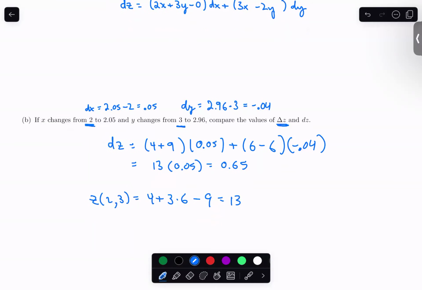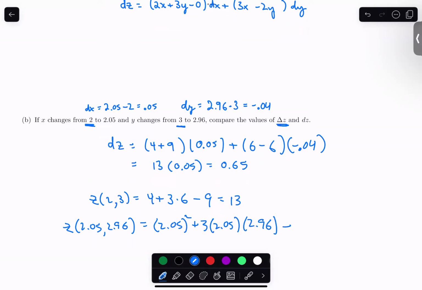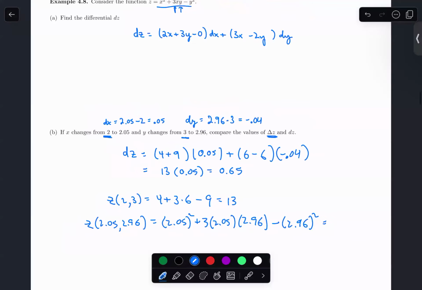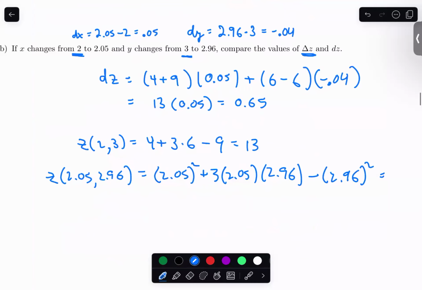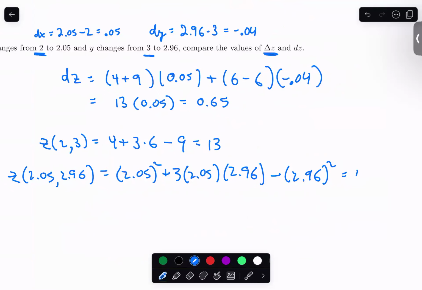Now let's see if I was to plug in 2.05, comma 2.96, and this one we really need a calculator for. So I'm going to take my x value and square it. I'm going to add on 3 times x times y. And then I'm going to subtract away y squared, 2.96 squared. See if I copy that all down correctly. That looks good. So I did this earlier in my office with my calculator, and I got